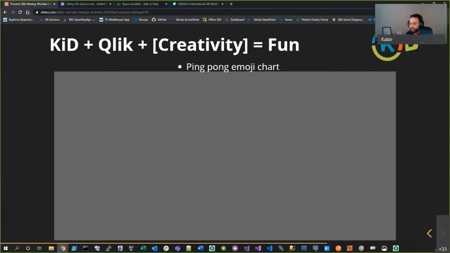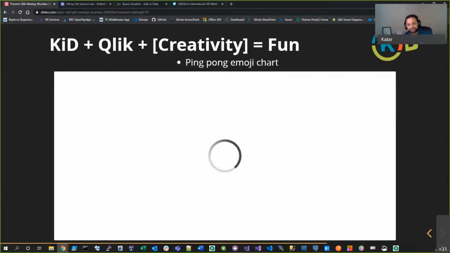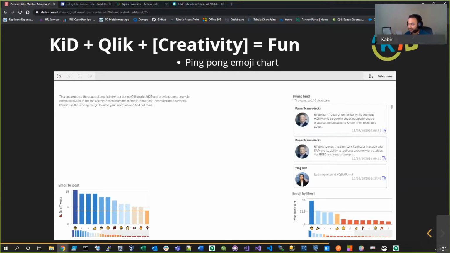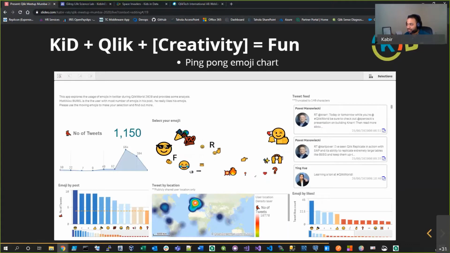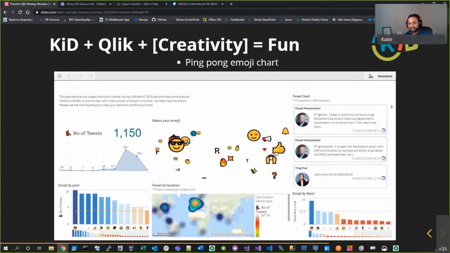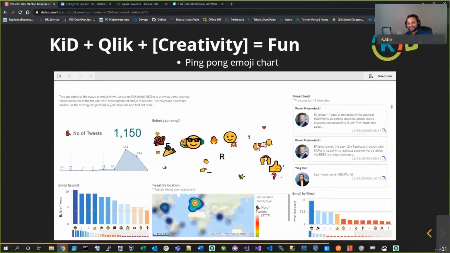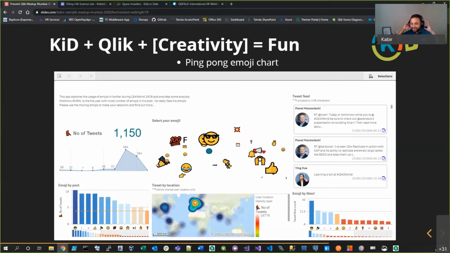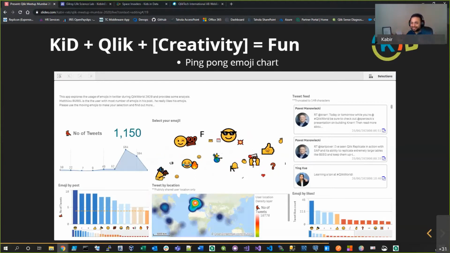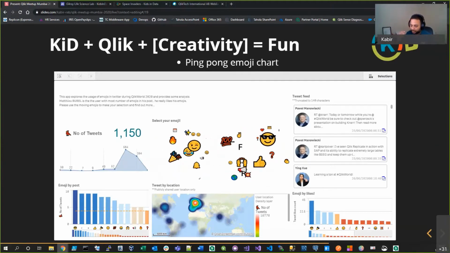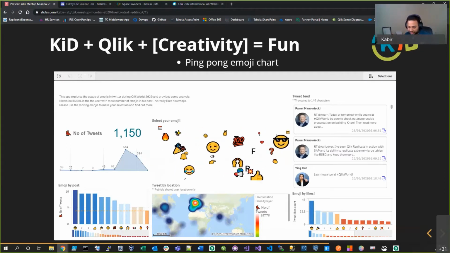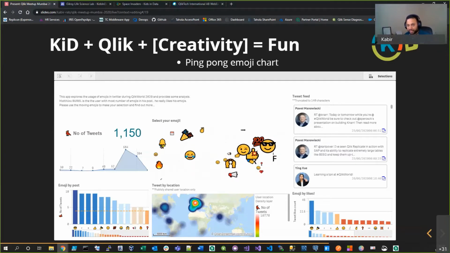So I just wanted to show you a couple of the examples that I worked on. And as it happens, I built this emoji chart, and as it happens, today is World Emoji Day. I didn't plan this, it just happened. I woke up this morning and realized it's World Emoji Day, so it sort of fits in really nicely with our theme. So how I came about on this one is my son, during the COVID lockdown, he was